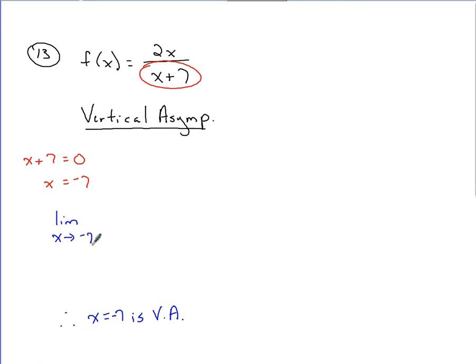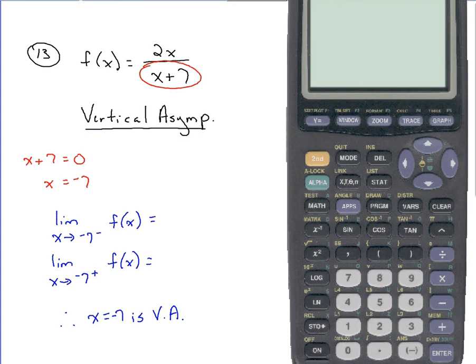-7. I approach that from the left as it's applied to this function. And then I take the limit as x approaches -7 from the right as it's applied to this function. So we set up a left-hand limit, we set up a right-hand limit. We evaluate both of those limits by going to the graph of the function. If I go to the graph of the function,